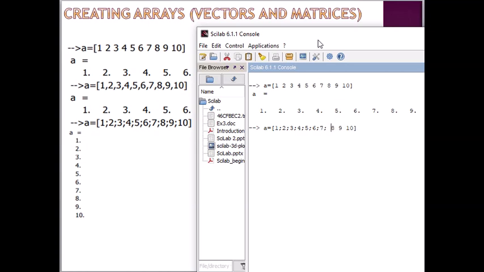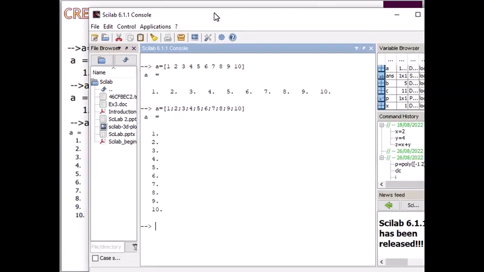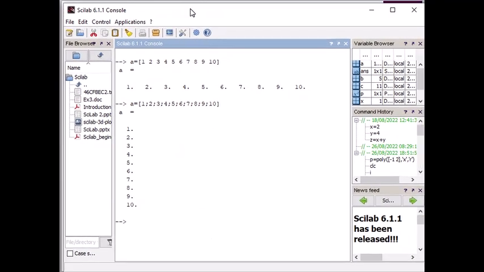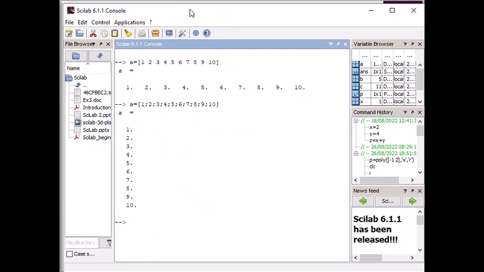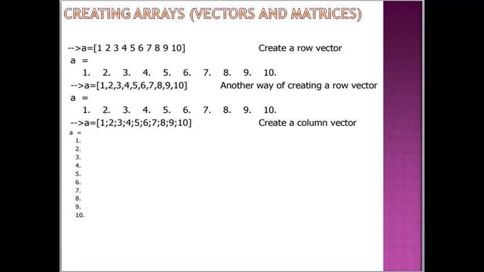So this is the process to work in our Scilab software, and we click on enter, right? We are simultaneously doing hands-on practice. So next,